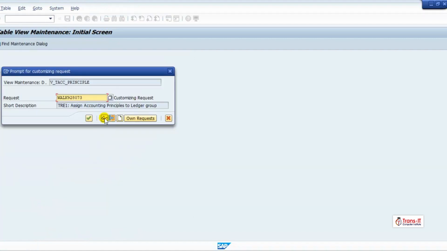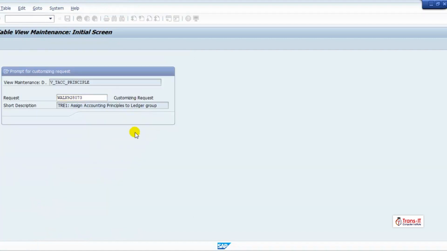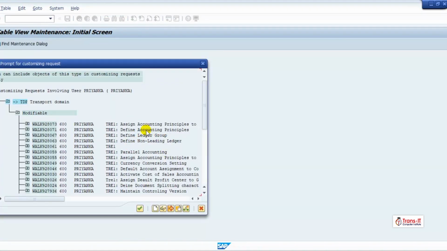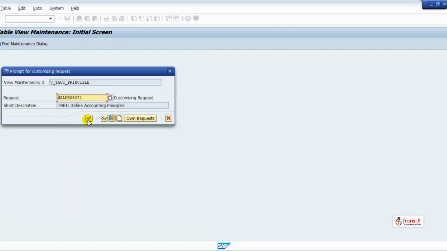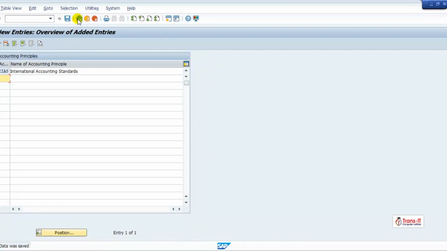Click on Save button, click on Request and select Define Accounting Principles. Then click on Continue button. Come back